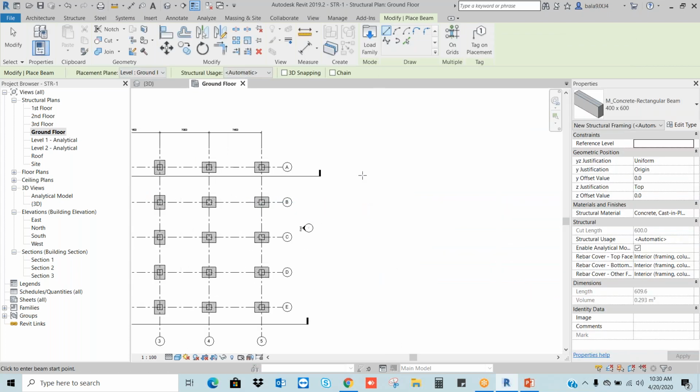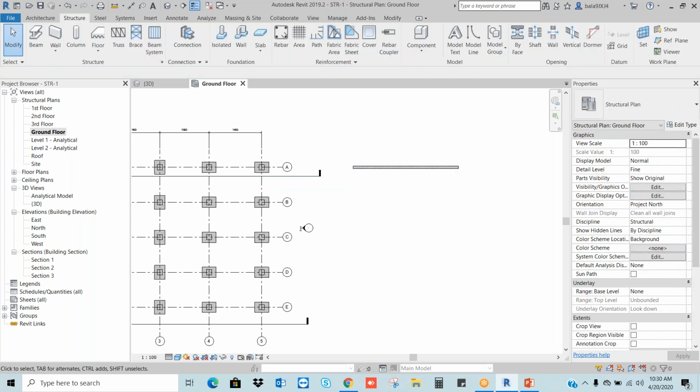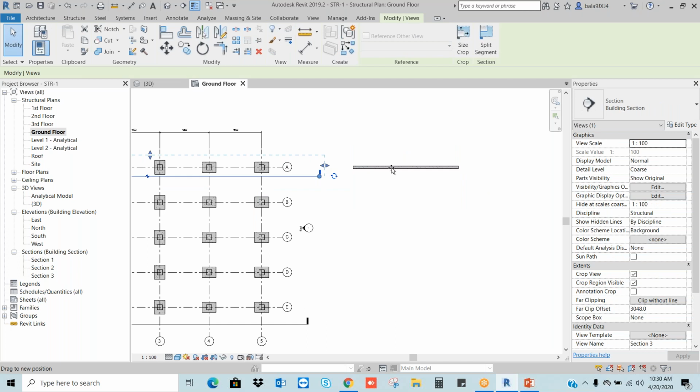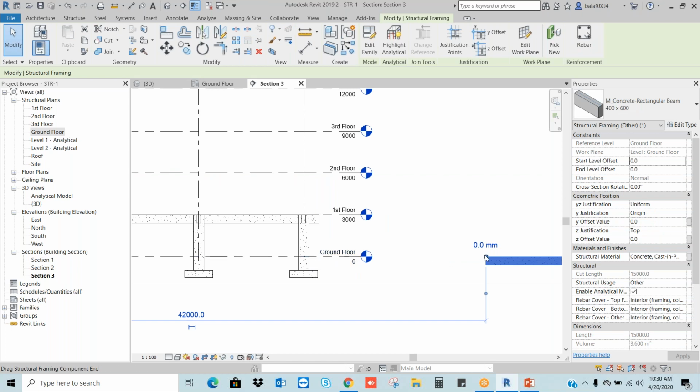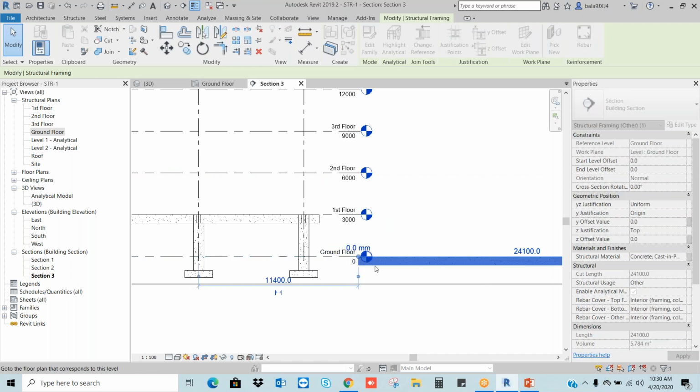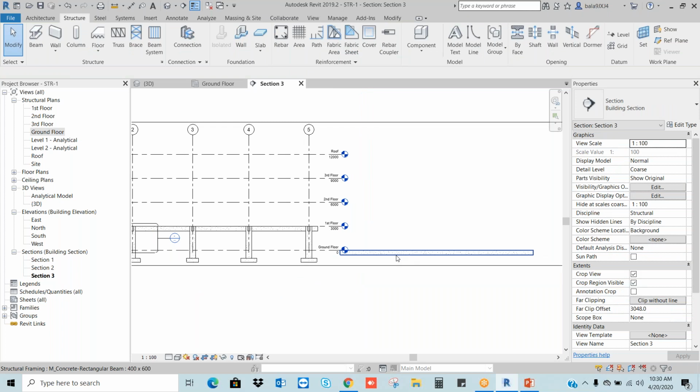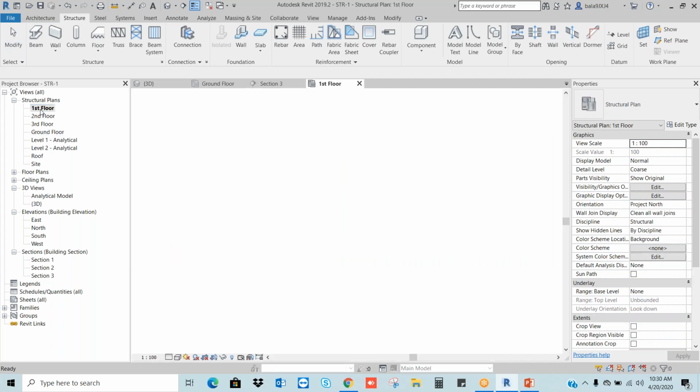To draw the beam, here I am getting the draw commands. In the draw commands, I can see the line. See, first point, second point. Okay. So I want to extend this section here. If you go to the section, see this beam, you can see it below the level. Can you see if I extend? I'm getting the beam below the level. If I want to create the beams for the ground floor, I should go to the first floor.